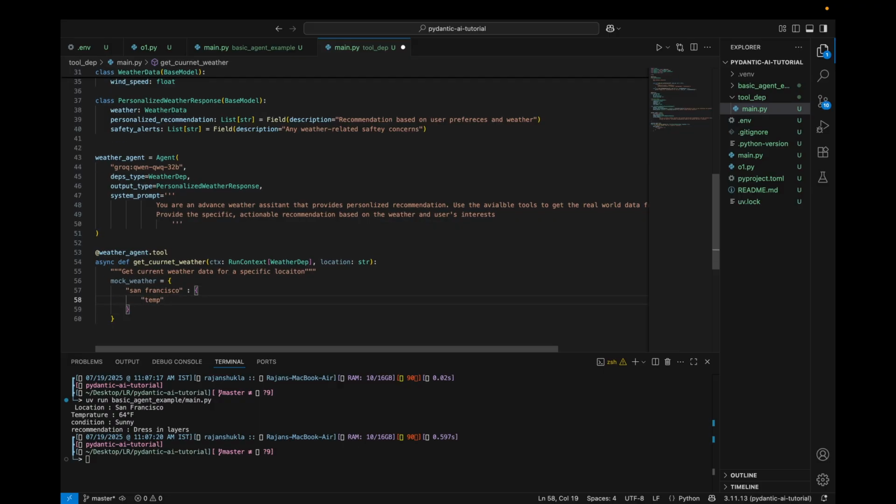So we have temperature as 68 degree Fahrenheit, condition, let's say partially cloudy, humidity. I am doing it with the same base model that we have defined. Humidity is 65,